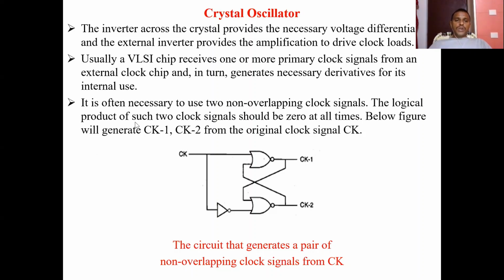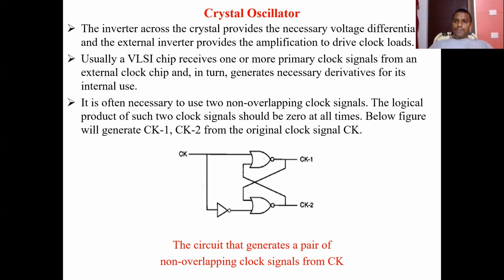The logical product of such two clock signals should be 0 at all times. It is often useful to use two non-overlapping clock signals. Okay, so because of that, what happened here? The two clock signals should be 0 at all times. Okay, so this figure here will generate two different clock signals, that is nothing